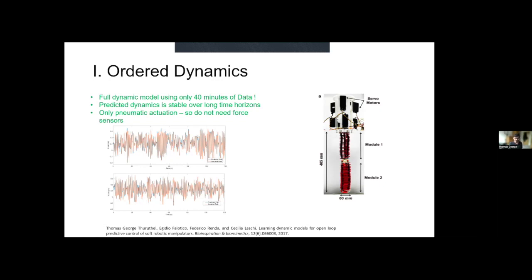And it also turns out that you have pneumatic actuation, which means that you get direct access to force information. It's a small nuance. It is not that easy to get force-controlled systems in rigid robots. So that also makes it easier to learn this type